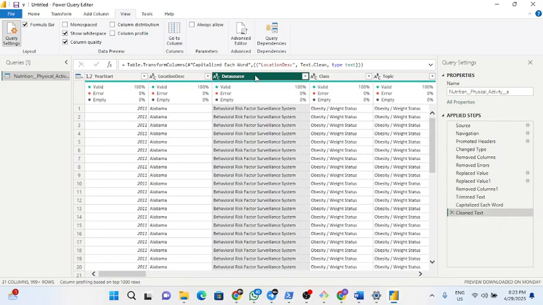And for the next row, which is data source, are you following? For the data source,